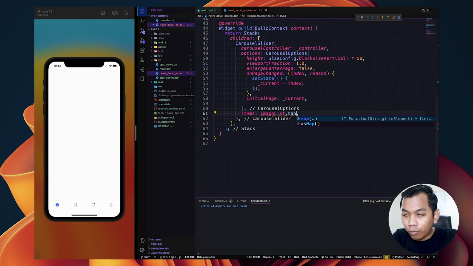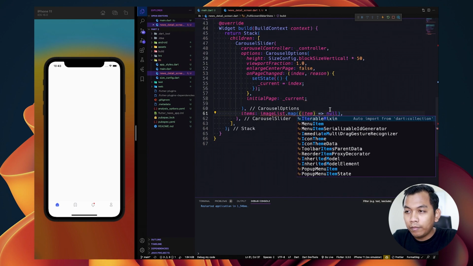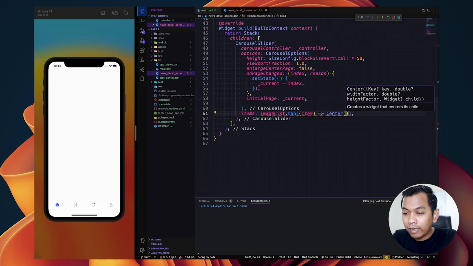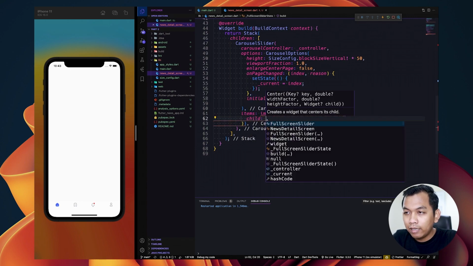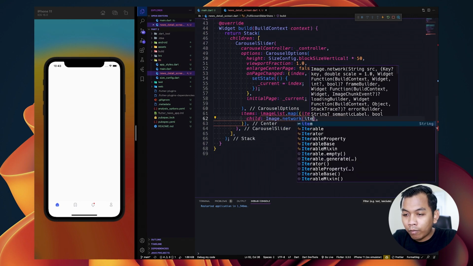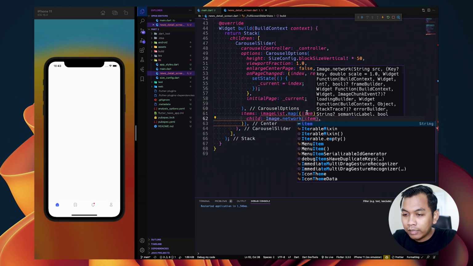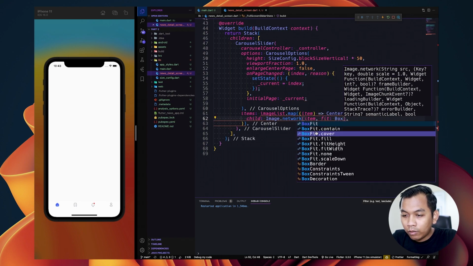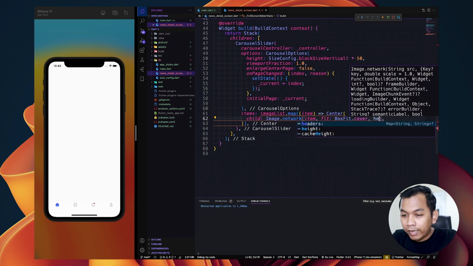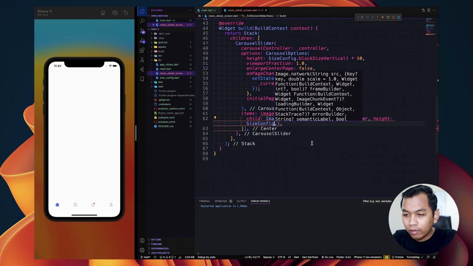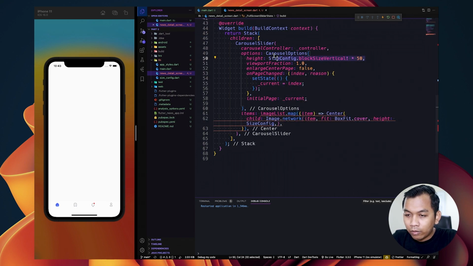And then we need to map this item, and we will return something here. So we need to return a center widget, and this center widget will also have a child, which is image.network, and we will have the URL from item, and we need to say fit to be BoxFit.cover, and for the height, let's give the value size config, which looks like this.